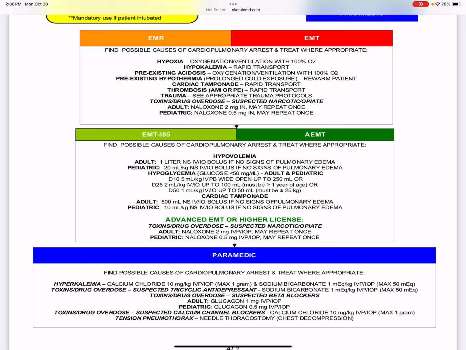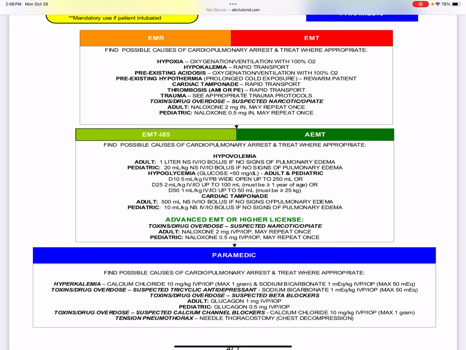So if you're going IV, IO, you may start with the 0.5 or you may start with 1 and give increments of whatever it is. Get the patient breathing and then treat your patient. You don't necessarily want to just wake them up automatically. So with that being said, your pediatric dose, 0.5 milligrams,